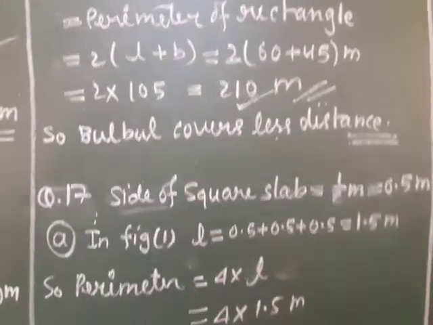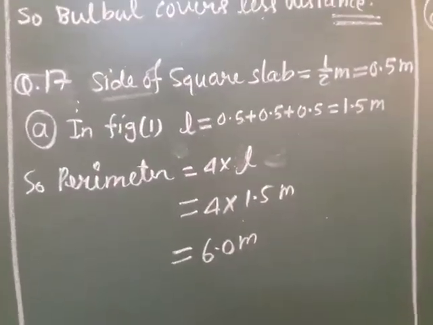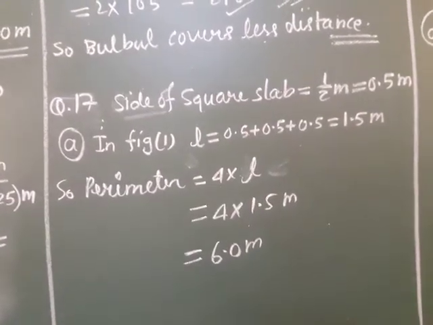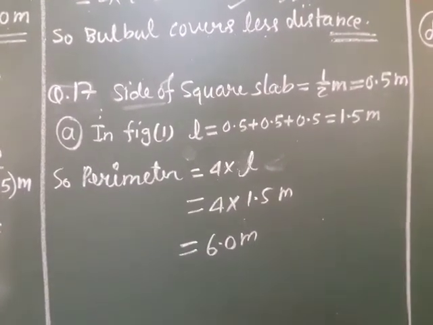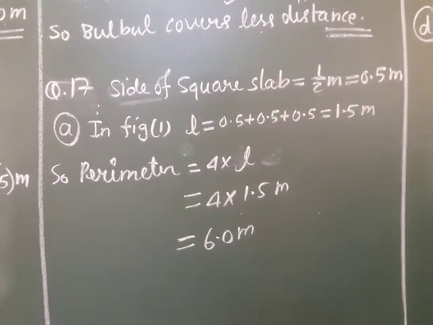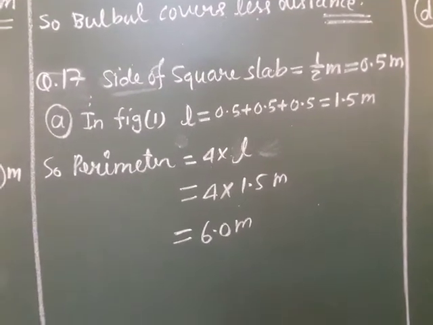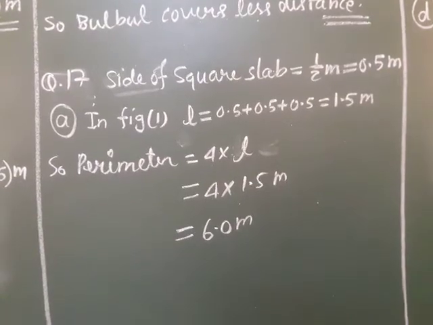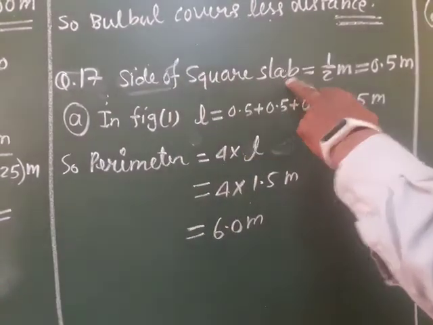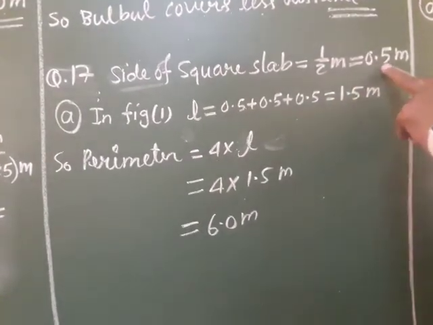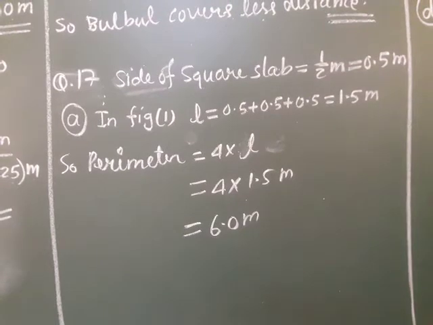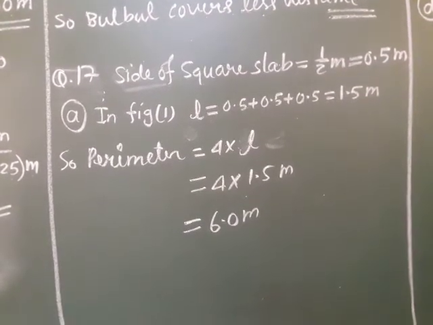Now going to question number 17, because question 16 is a similar figure-based question that we have already done. In question number 17, one figure is given in your book. Avneet buys 9 square paving slabs, each with a side of 1 by 2 meter, that means 0.5 meter. In the figure, the first shape is given in part A: what is the perimeter of his arrangement?